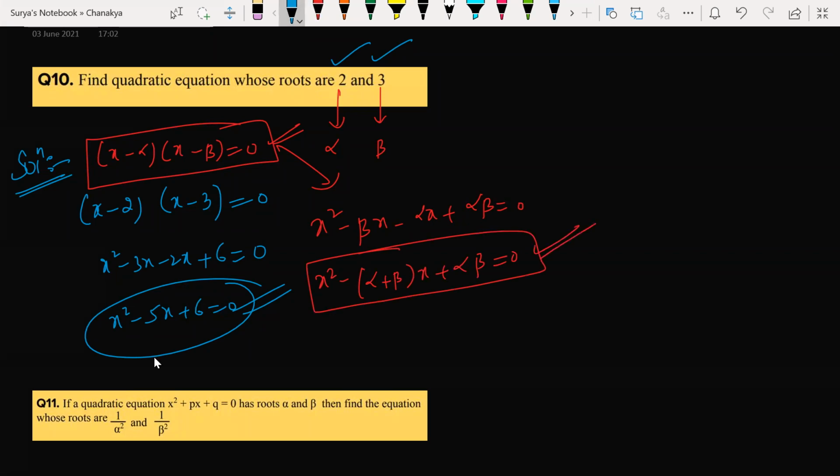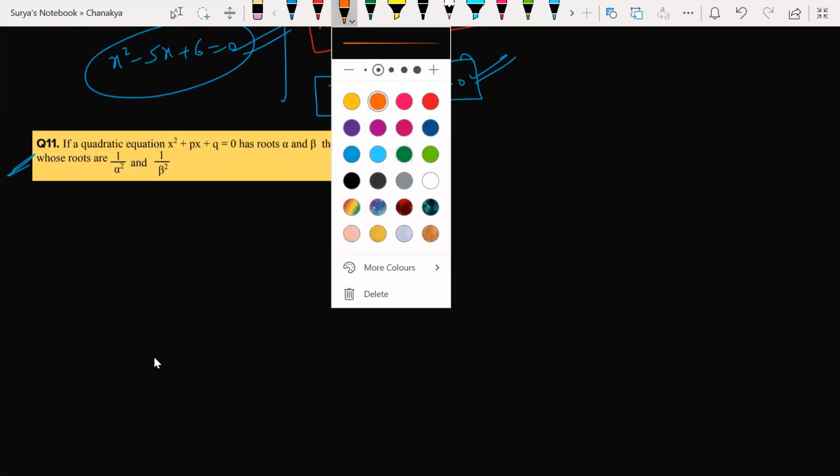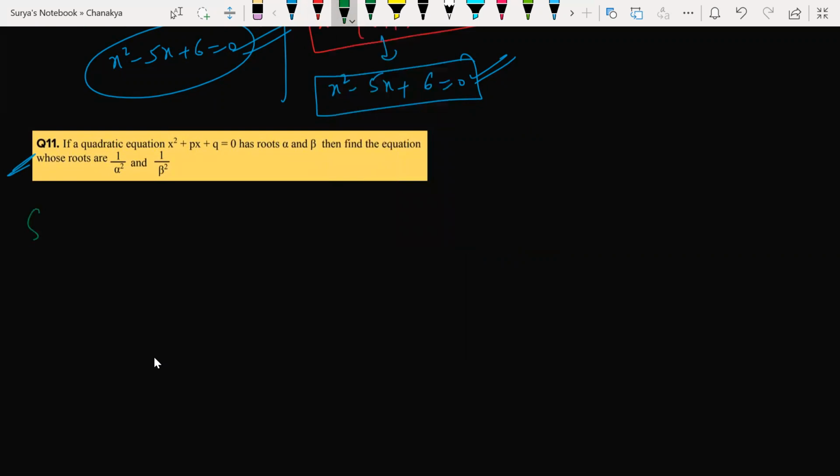So look at this here. You can solve by this as well. x square minus (alpha plus beta, 2 plus 3, 5) x plus alpha beta, 2 times 3 is 6, is equal to 0. Straight away you will get it. Getting my point? Anything is correct. See, by using this formula, how can you find out this? Tell me, guys. Please don't panic. Everyone must give the answer. Make it fast.